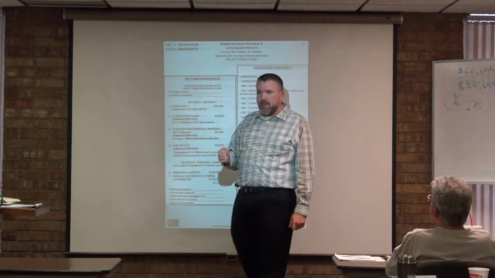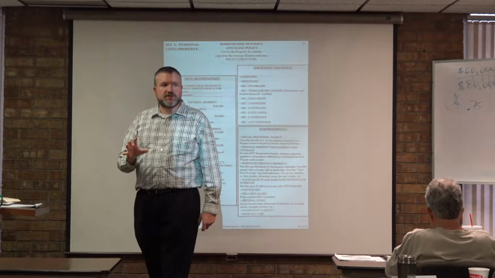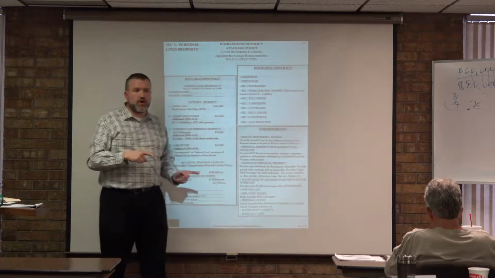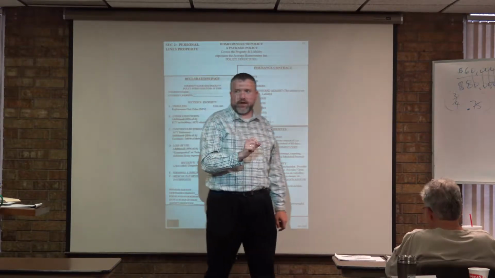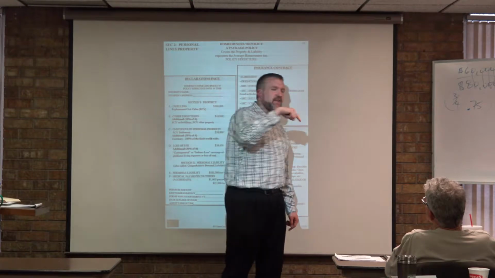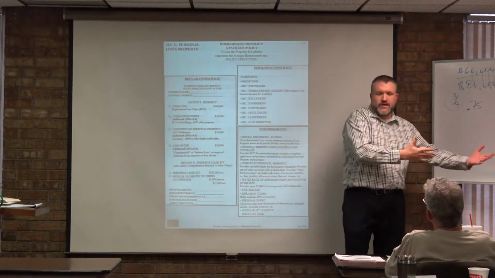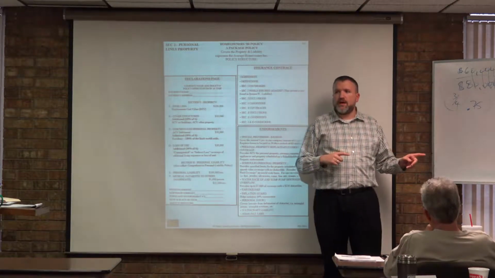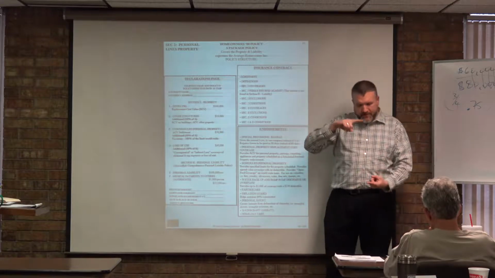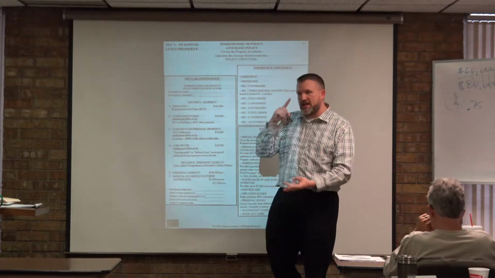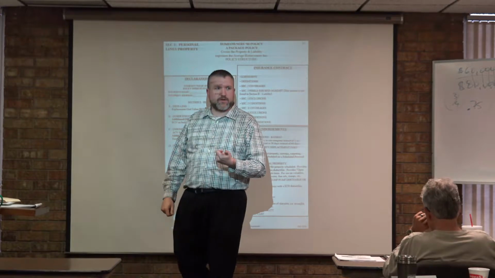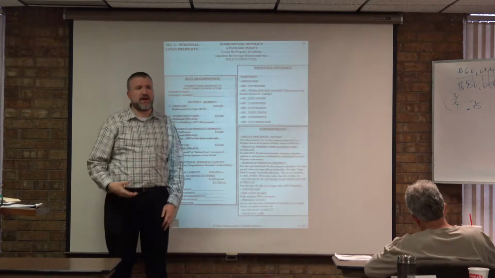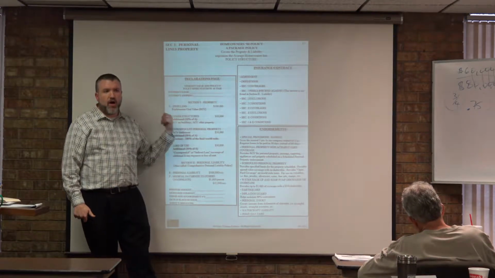So let's look at B. B is your other structures. These are other items, other buildings, other structures on your property that you want to insure that are not part of your home. Let me be clear. If it's an attached garage, if it's an attached shed, or if it's some kind of building addition that you put on, that's not part of B. That would be part of A, okay? If it's attached, that's all part of your dwelling. But if I've got a detached shed, a detached garage, a detached barn, that would be covered under other structures, okay? So I've got my home where I live, and I also have a 10 by 10 shed in my backyard. This would be covered by B, my other structures.